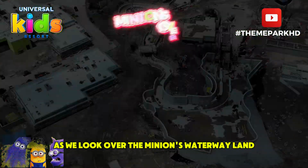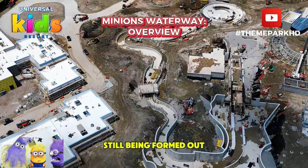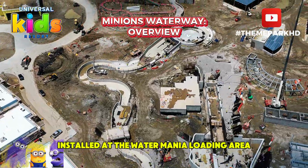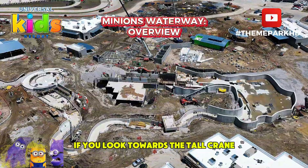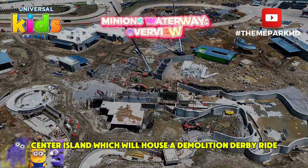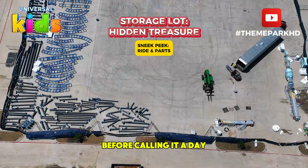As we look over the Minions Waterway land, you can see several of the various attractions in this area still being formed out. We can see additional concrete wall panels have been installed at the Water Mania loading area, if you look towards the tall crane, as well as pillars that have been installed center island, which will house a demolition derby ride. Taking a quick peek in the storage lot before calling it a day,